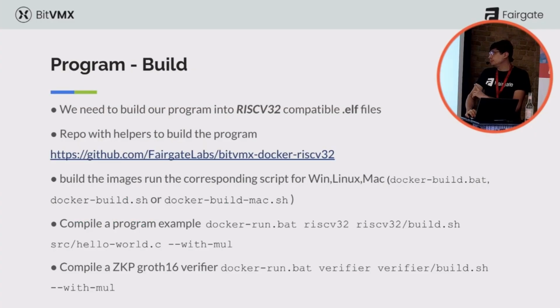We need to build a program into RISC-V. We're currently using RISC-V 32 to create a .elf file. That is what we will be using on BitBMX. We have a couple of helpers to give you a head start on this, so you can use them. It's BitBMX Docker RISC-V 32 in our Fairgate Labs. There it has a Docker image where you can just put the code and it will build it and create the ELF. It helps a lot. We have one for each operating system. You know, we have for Mac, Linux, Unix,